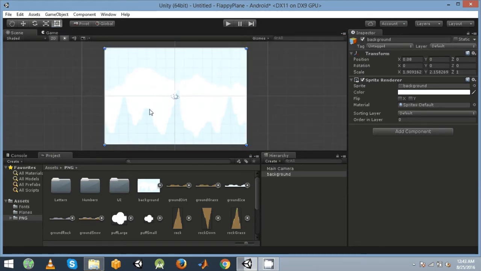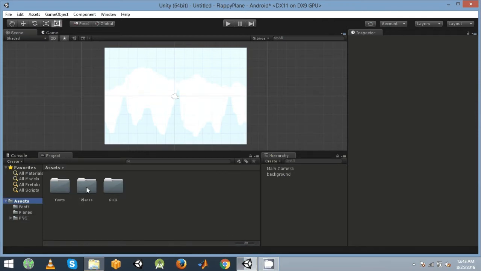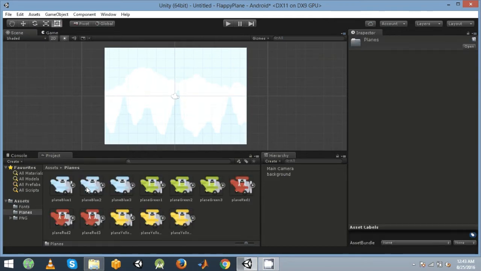Now the next move is to create a simple character just like Flappy Bird. In this we have a plane. Now go back to assets and you will find a folder named plane, in which we have 3 or 4 types of planes. Since I am going to use the red plane, select plane red 1, plane red 2, and plane red 3. If you want to use yellow or green or blue, you have to select 1, 2, 3 of those. Select these and just drop all 3 together onto the screen.